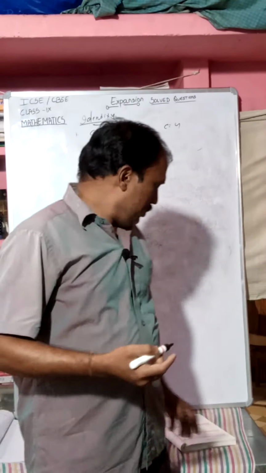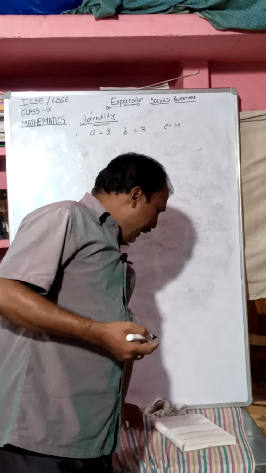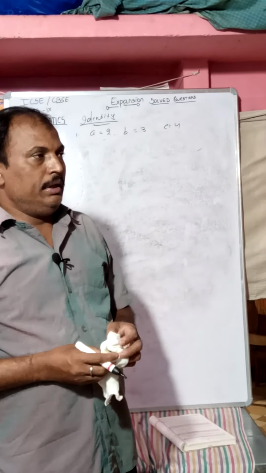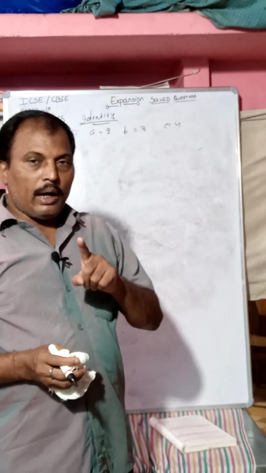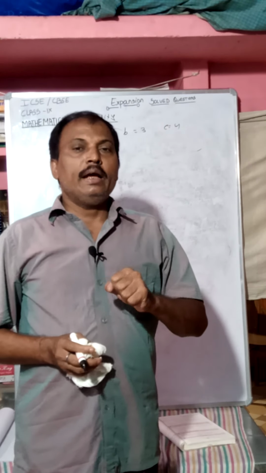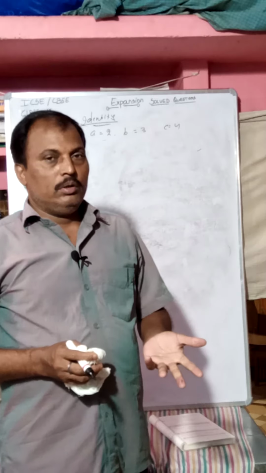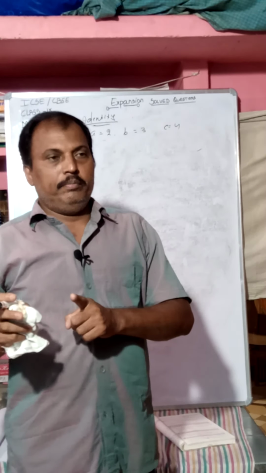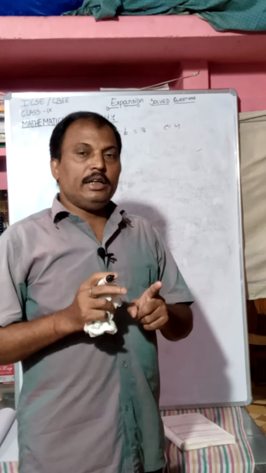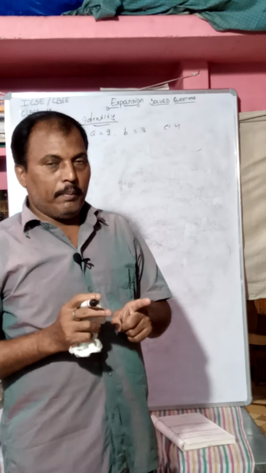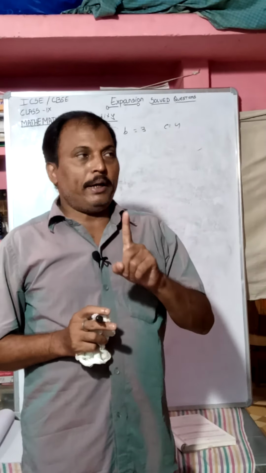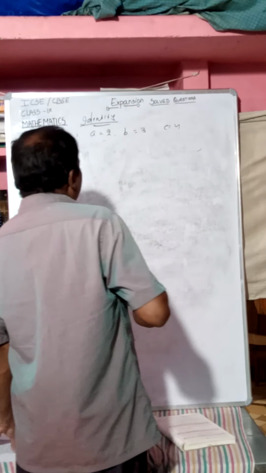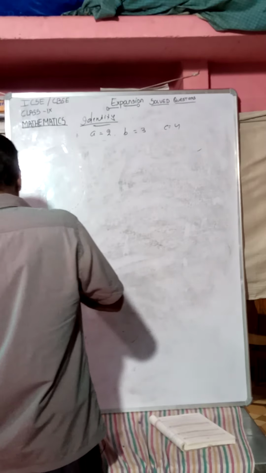All formulas are under identity, but equation and identity are different things. An equation has a fixed value, but for an identity you can take any value. You can put any value and the left side equals the right side. So the value is unlimited for an identity, but for an equation the value is fixed. So a is equal to 2, b is equal to 3 and c is equal to 4.